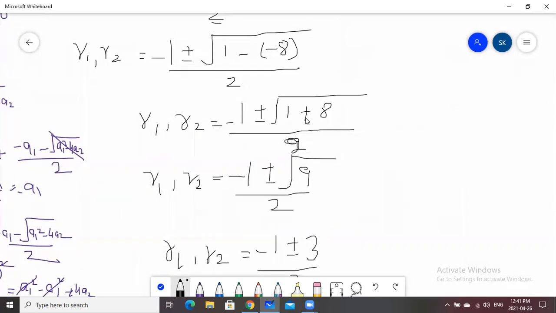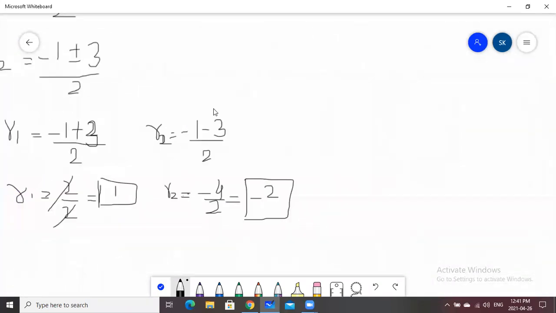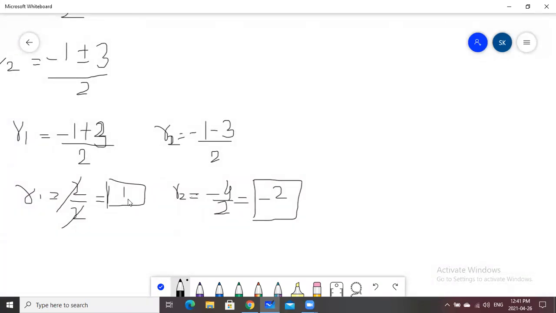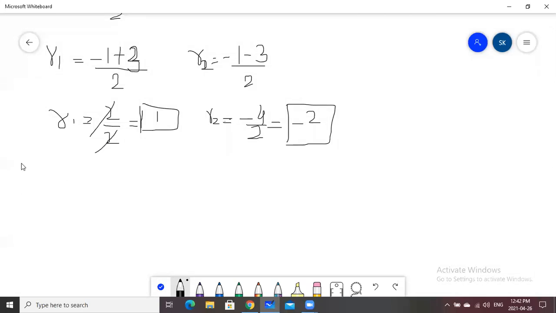Through solving this question, we got a similar answer for our roots as well. Why? Because a1 square is greater than 4a2 in this case. Now the roots are distinct real numbers, so in this particular case, the values R1 and R2 are different. So now our value of yc will become